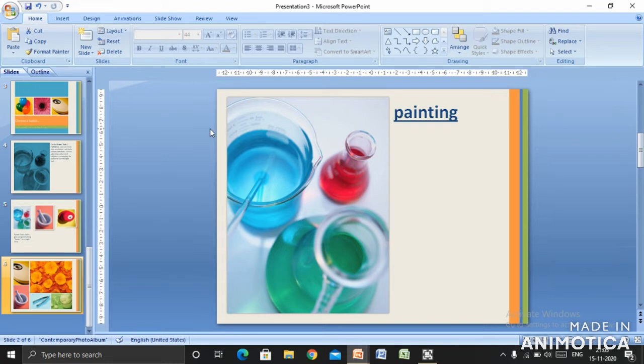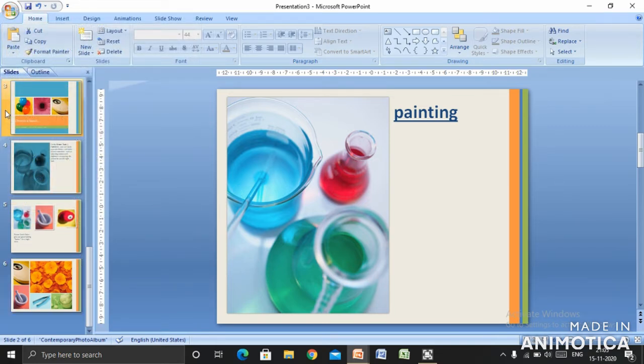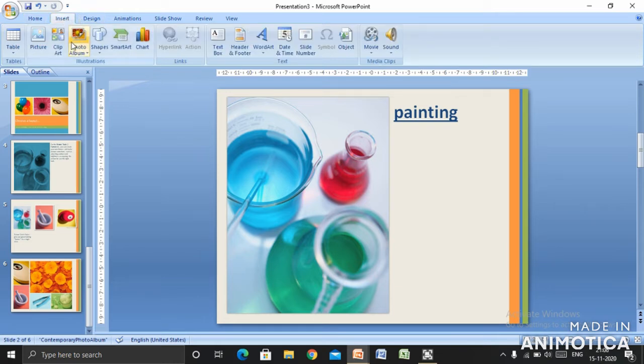Next topic, children, is how to modify the built-in templates. Suppose you want to insert SmartArt. How to insert SmartArt? Click on the Insert tab, then go to the Illustrations group. In the Illustrations group, you will get SmartArt.